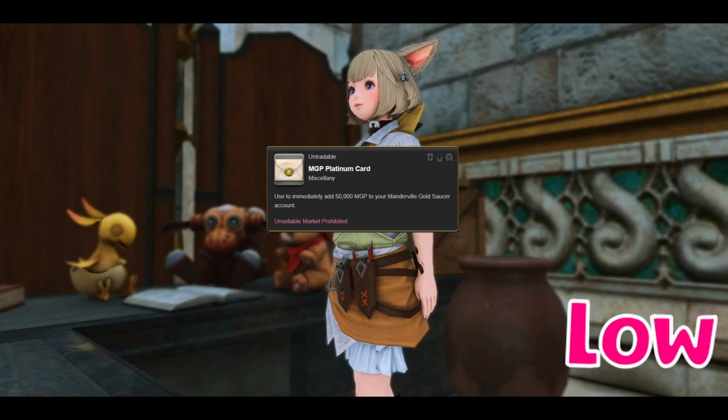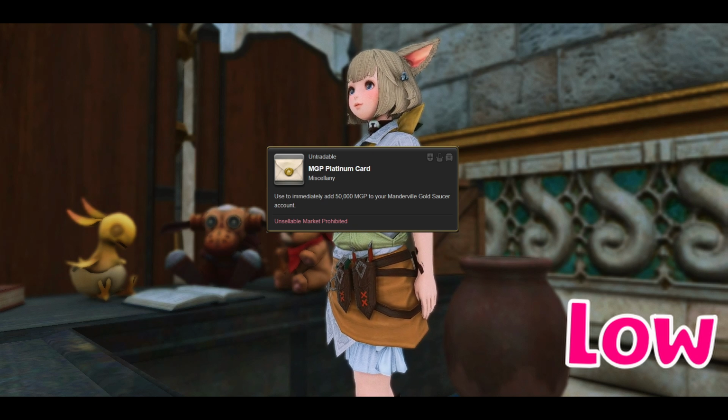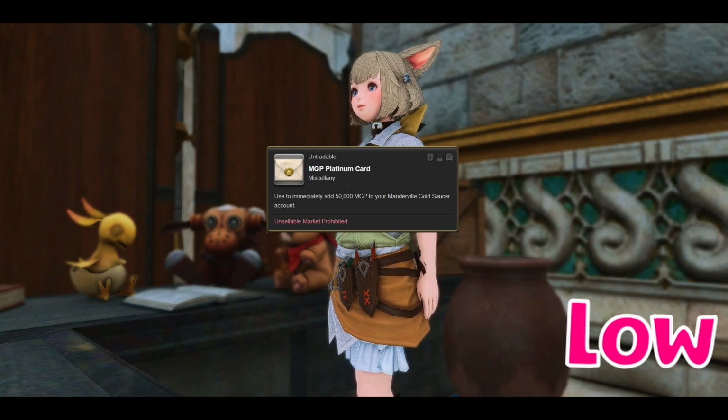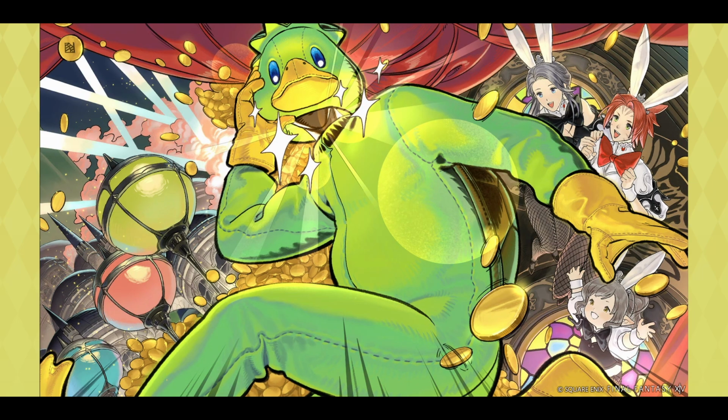MGP is not hard to obtain. There are multiple ways to obtain MGP. On top of that, it is most likely that you'll be able to use the Golden Saucer events to obtain Moogle tomes. So if you want MGP, you can kill two birds with one stone. Furthermore, one day after the Moogle treasure trove begins, the Make It Rain event starts, which will make it even